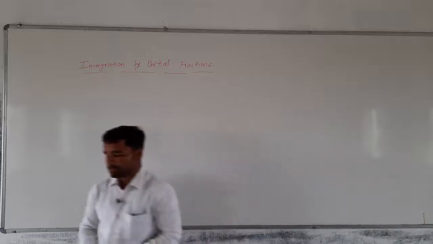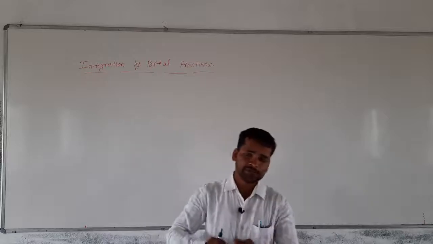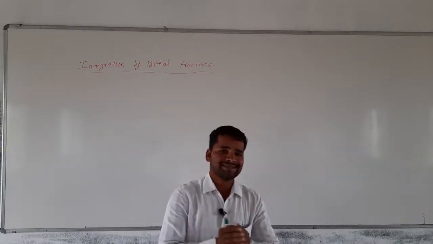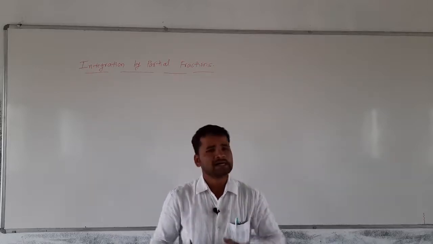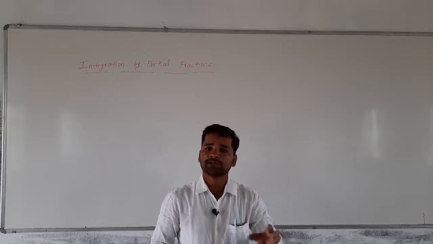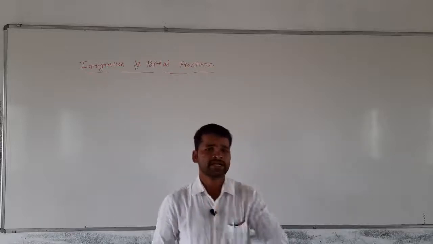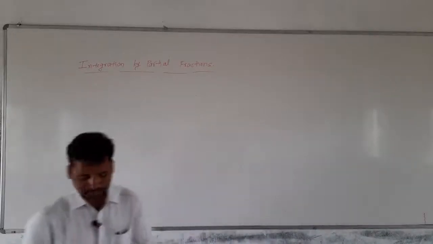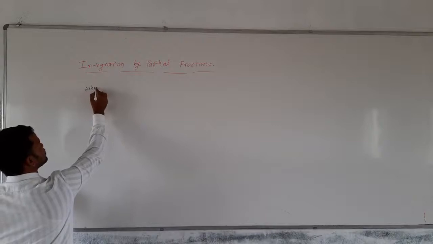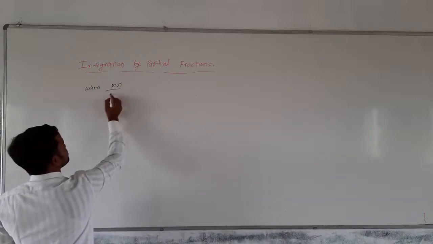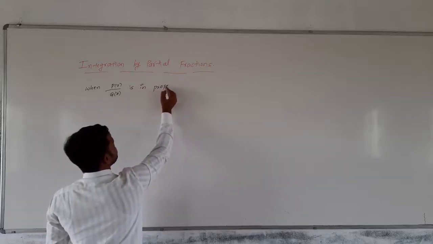If it is in proper fraction form, meaning the numerator degree is less than the denominator degree, then we use partial fraction techniques. Otherwise, we divide the numerator polynomial by the denominator polynomial first, then we apply the partial fraction techniques. First of all, here, when p of x by q of x is in proper fraction form,